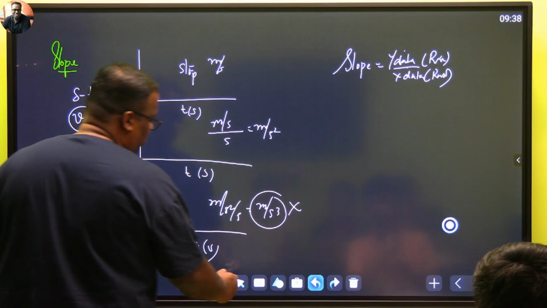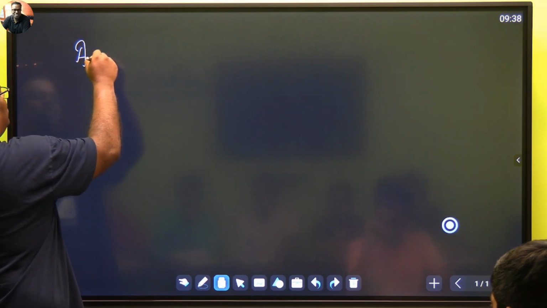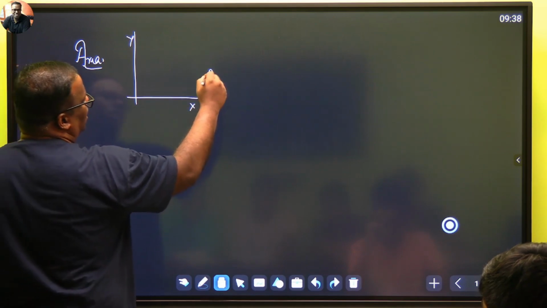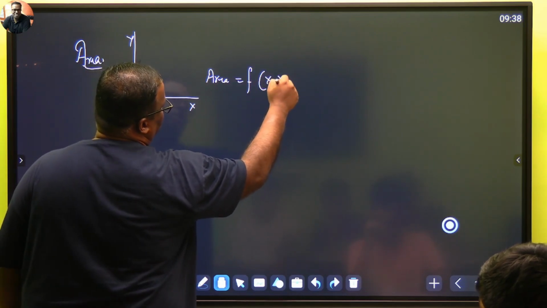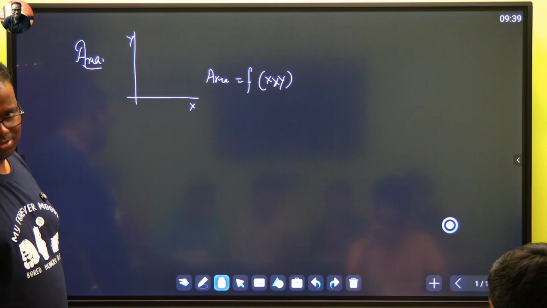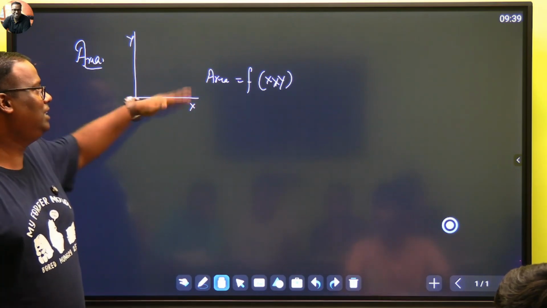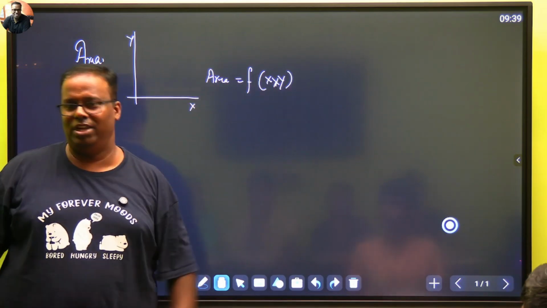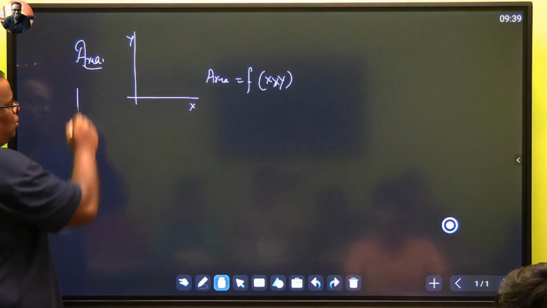Similarly, let's now look at the area. Whatever two figures you take, as long as you're dealing in 2 dimensions, your area will always be a function of the product of x data and y data. Think about it: half base into altitude, half into sum of the parallel sides into perpendicular distance, length into breadth. The area of every figure is always a product of x data and y data with some constants. We are not bothered about it. Right.